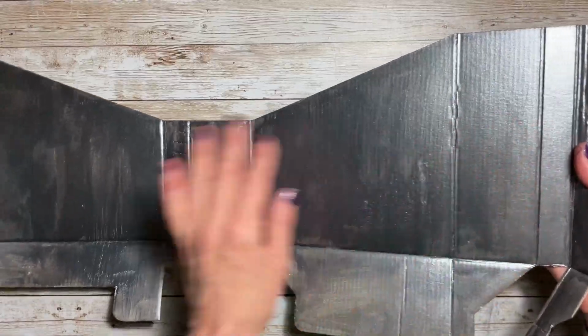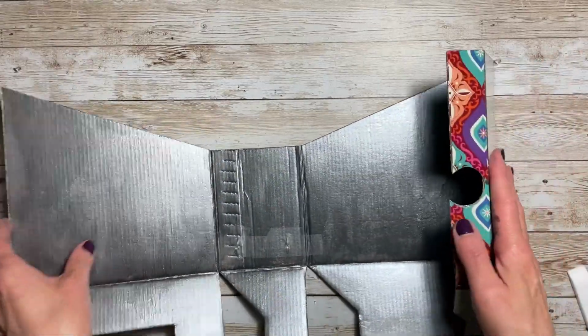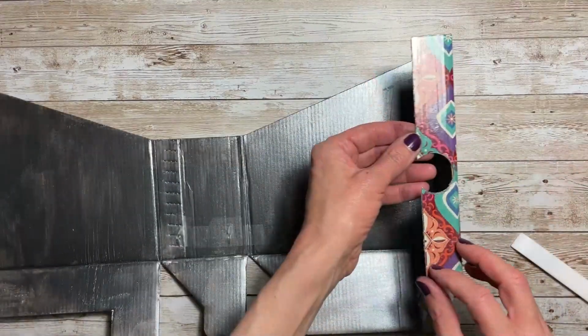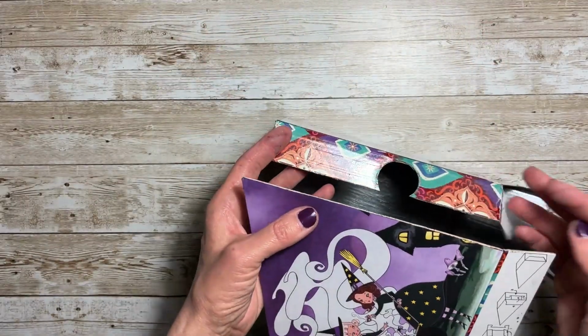See, now it bends. It doesn't bend anymore. So now we can attach this side to the inside of the cover. And then we could add our final piece of decorative paper. I've added my adhesive tape here to the side, and now we're going to bring over our panel and adhere